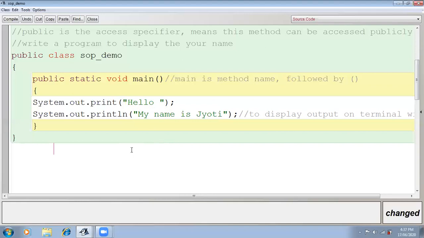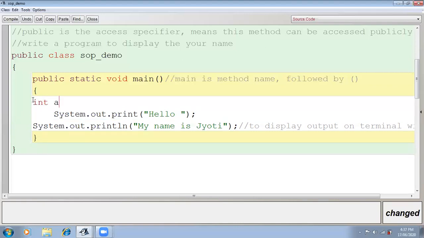Variable means specific value. When I want to give the data, when I want to store the data, then where am I going to store the data? Obviously, the data is going to be stored in some memory location, right? So that memory location where my data is going to be stored, I would give some name to that memory location. So that name is known as variable, right? Variable. So suppose here, if I want to give